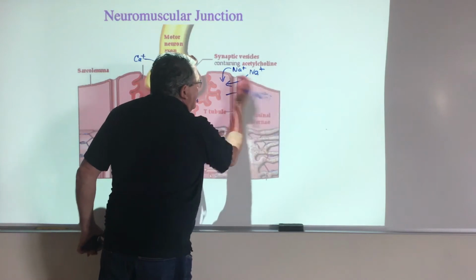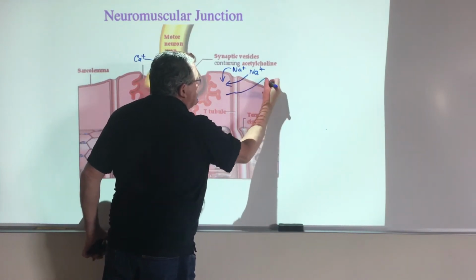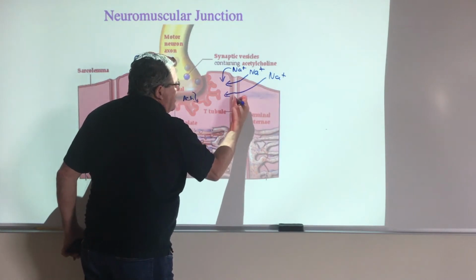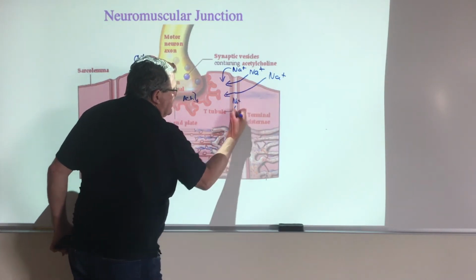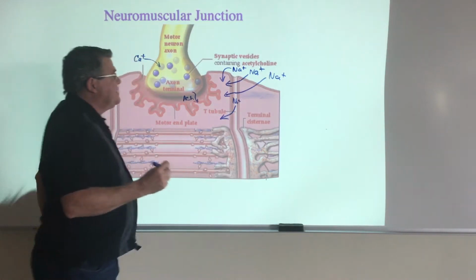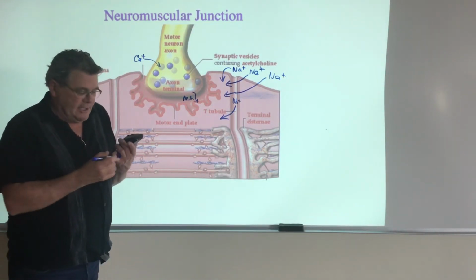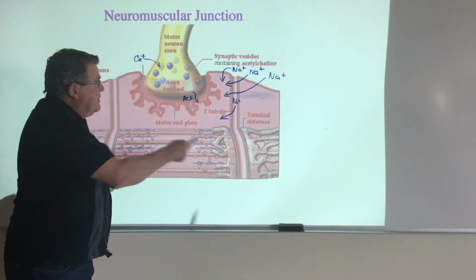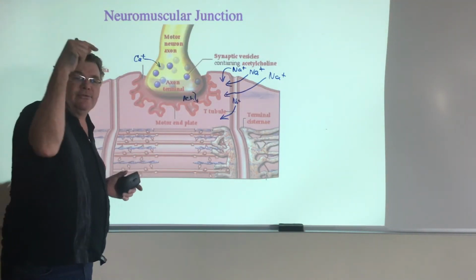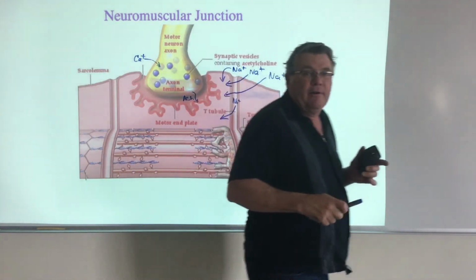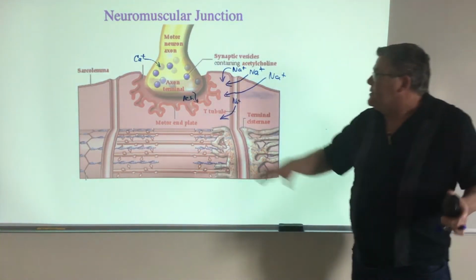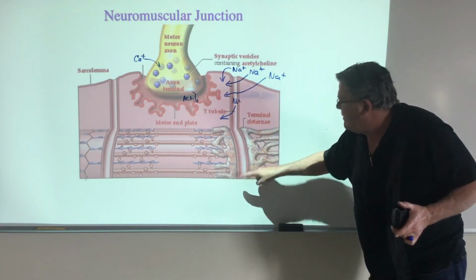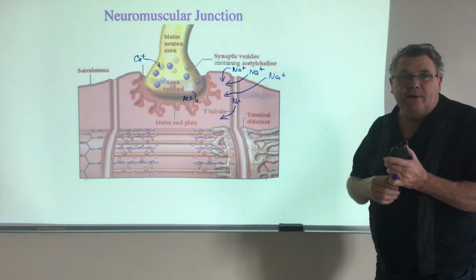And it continues. Let me keep this outside. Okay, put that in the T-tubule so it's still on the outside. So suddenly the sodium starts flowing in like crazy. And that spark, or that action potential, dives way down into the middle of the muscle fiber. So it's not just something that's happening on the outside. These T-tubules that I mentioned before bring that impulse all the way to the inside.